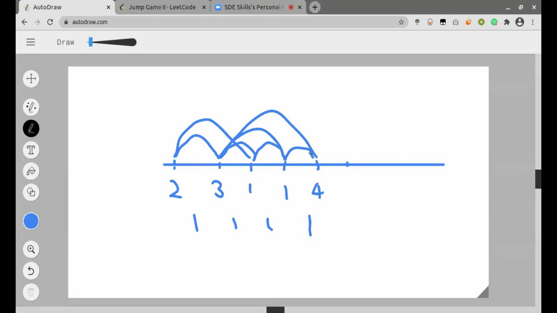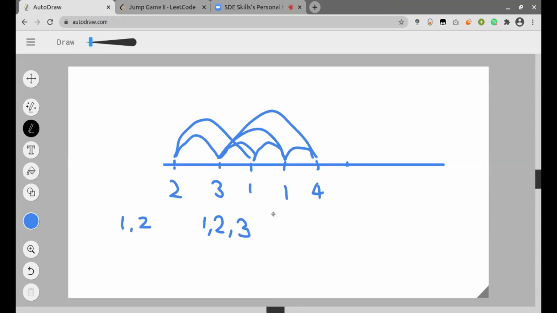So this is the maximum possible jump which we can do. But since here we need to find the minimum possible jump, we can try for the minimum possible path by just traversing each of the jumps. For example, when I am at 2, I can do both the jumps, since the possible values of jumps can be 1 or 2. Similarly, when I am at 3, I can do jumps of 1, 2, and 3.